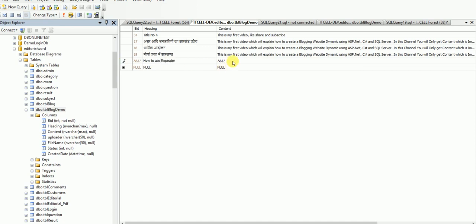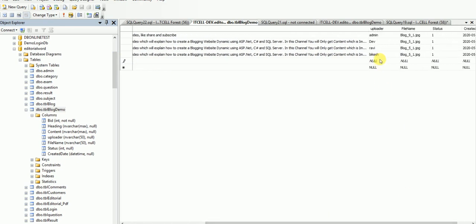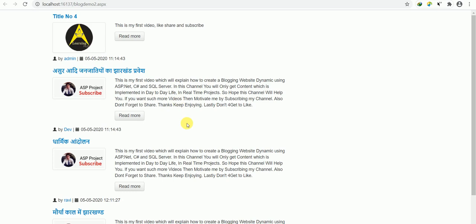I'm adding one record in my database, demo test, and what I'll do, change let's say Prince, and image, I'll copy this image. This is one, date, I'll copy this date. Okay, I refresh this and let me show you the display.